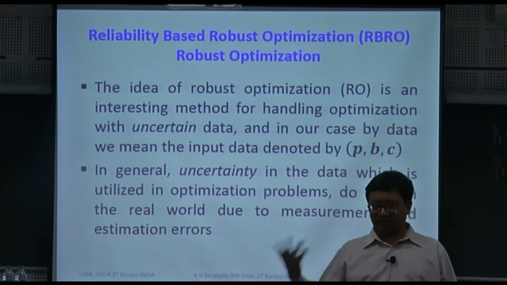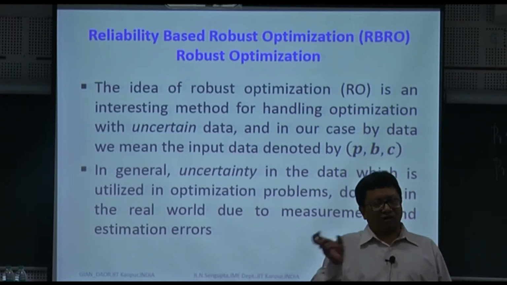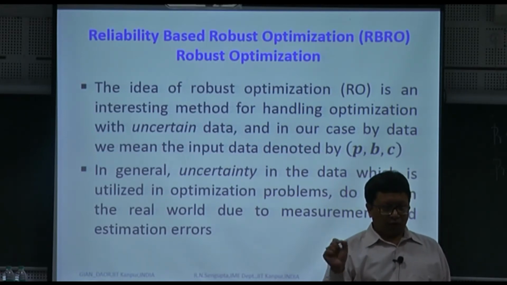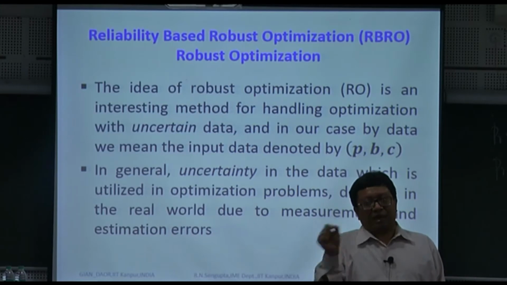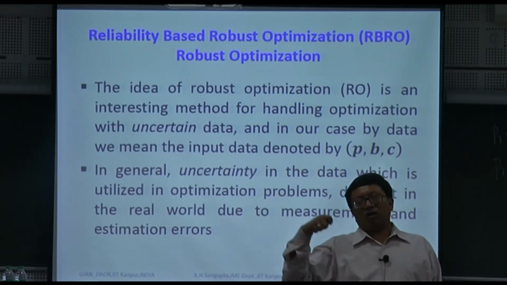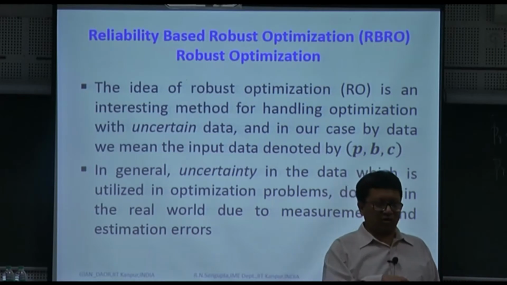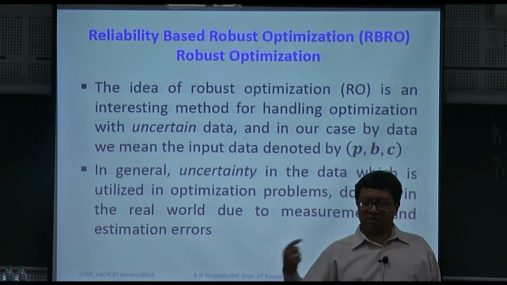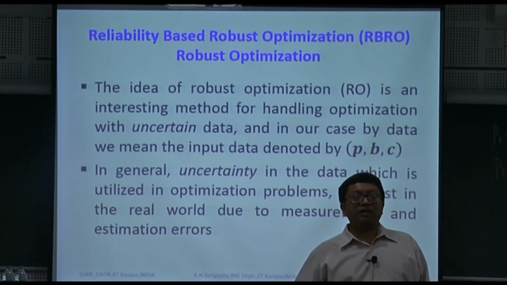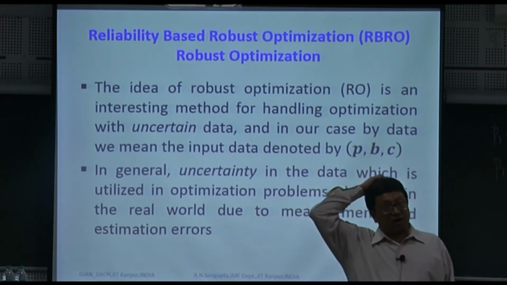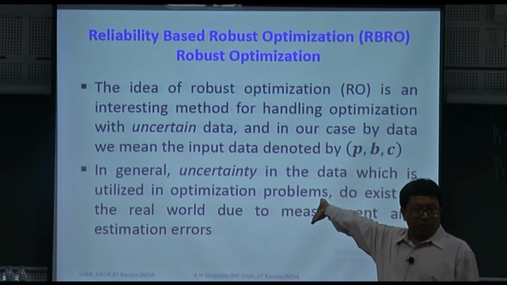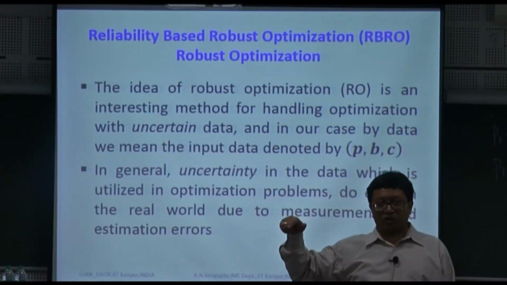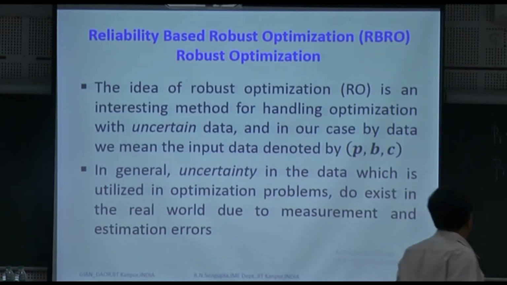If you have a sample, you will have a standard error, and you will consider that as the perturbation, like an atom vibrating according to its mean value. That mean value is the sample mean, and the perturbations, whether higher on the right or lower on the left or vice versa, would be considered as the standard error for the sample, and you will basically start your optimization problem. While in the reliability method you consider the underlying distribution to be true, or else you would not have been able to do that, because you consider capital F of x, then capital F of x2 given x1, and so on and so forth, based on which you proceed.